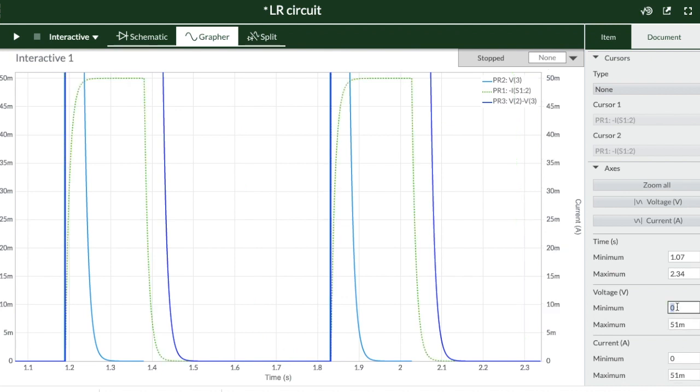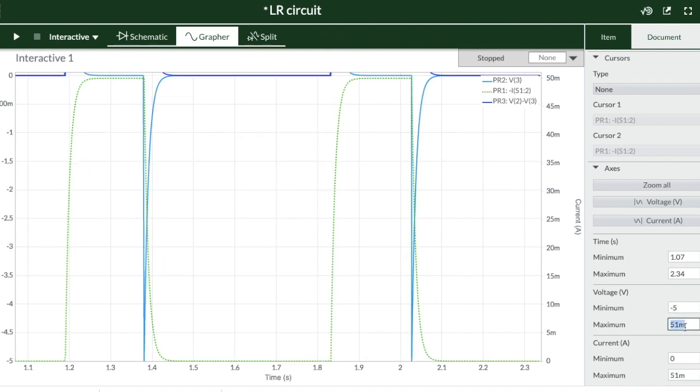For voltage, we will select minimum as minus 5 volts and maximum as plus 5 volts, because we expect back EMF to be changing its direction when we shift the key from the power supply terminal to the ground terminal. Now let's select the time.